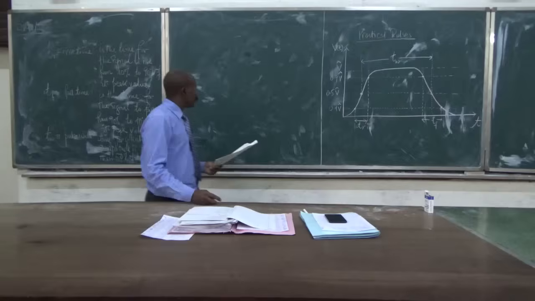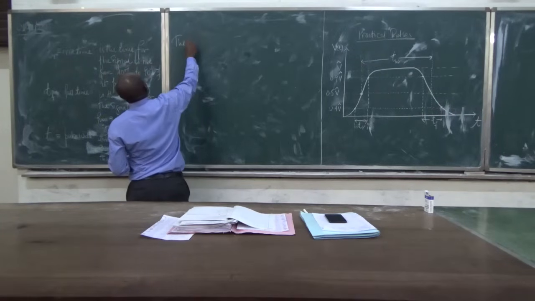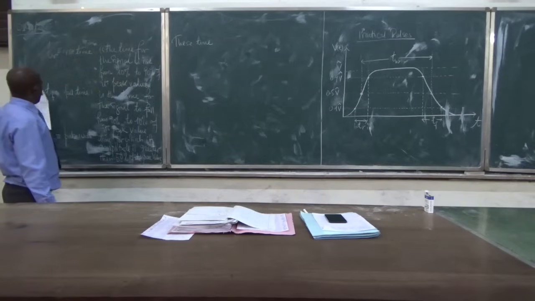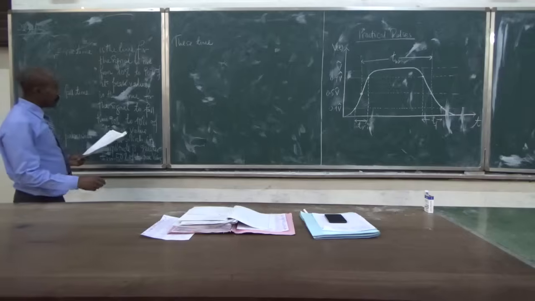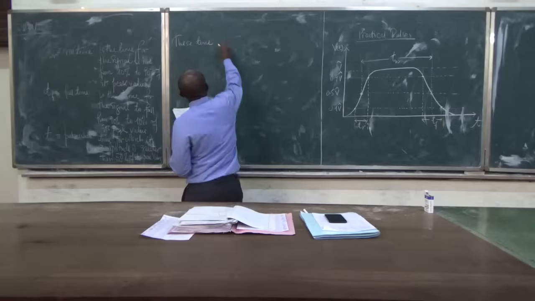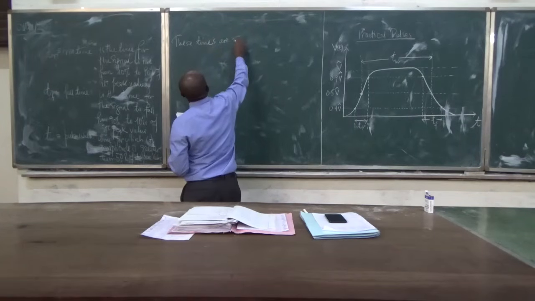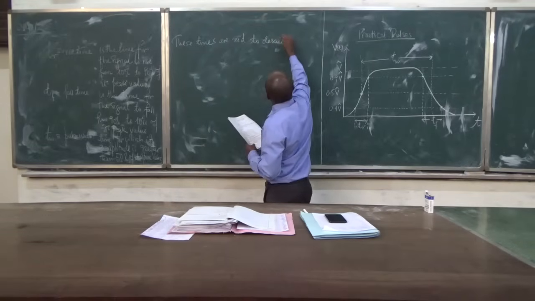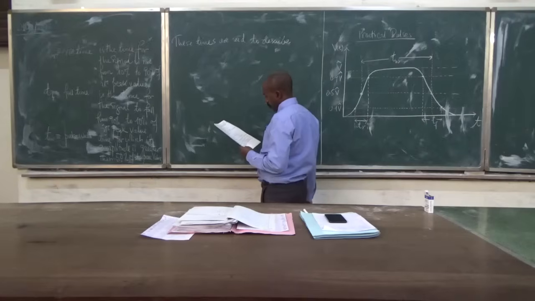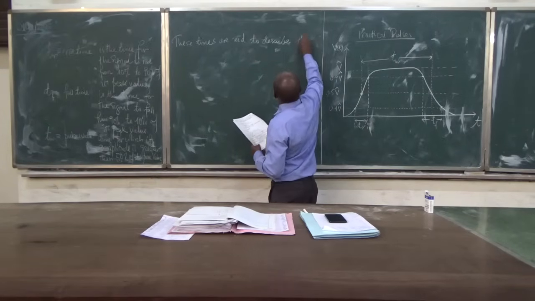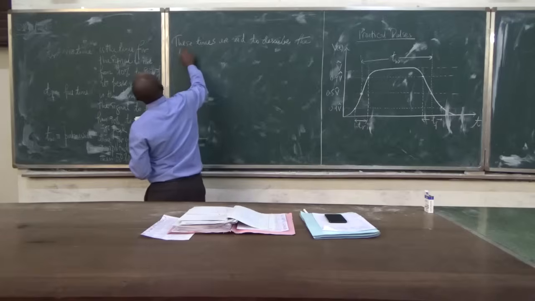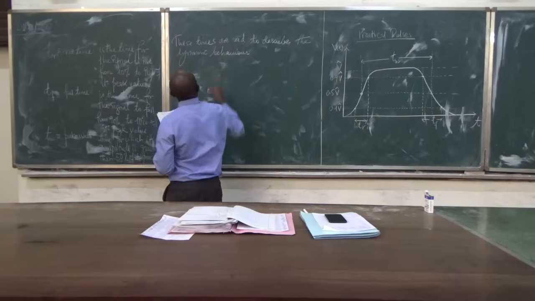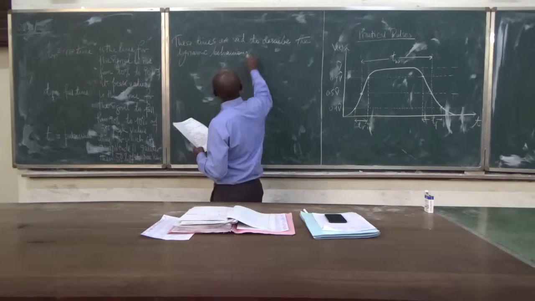Why do we need these times? These times, that is the rise time, the fall time, and the pulse width time, are used to describe the dynamic behavior of a logic